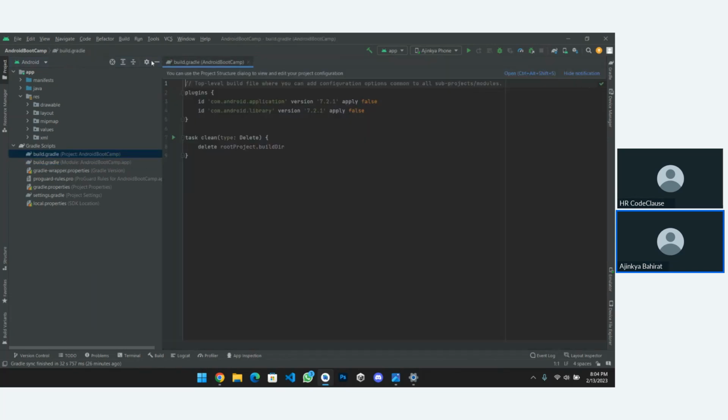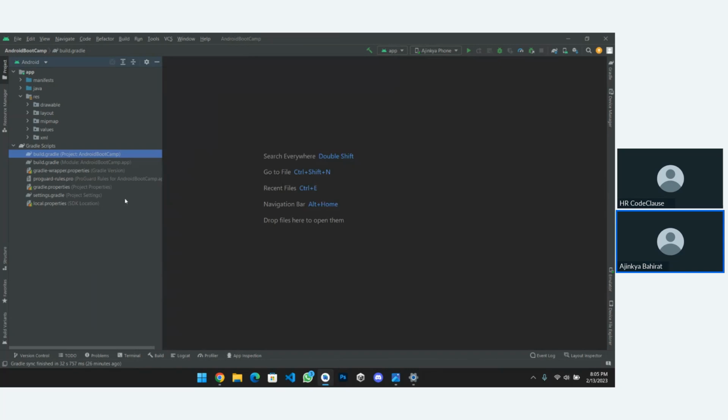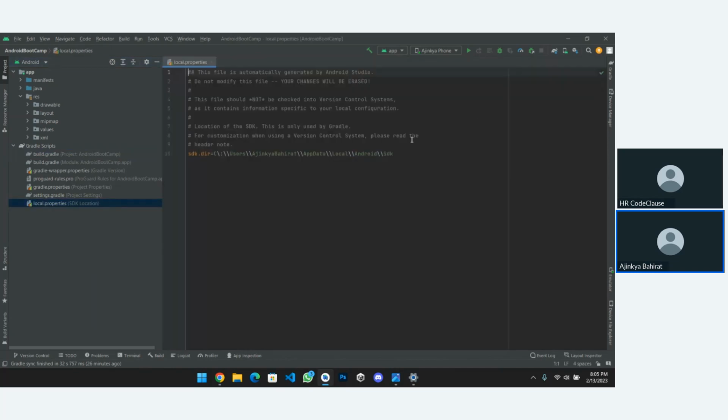And the other thing is build.gradle project. It is responsible for our project. In only a few cases you have to make changes in this code, but generally we just go for the build.gradle module file. The other files are not required. You need not look at them. Suppose if you want to check, you can see what they do. You can also see the comments on what each file is and why it is required. Now you can see the local properties file, it stores the path of my SDK and all these things.